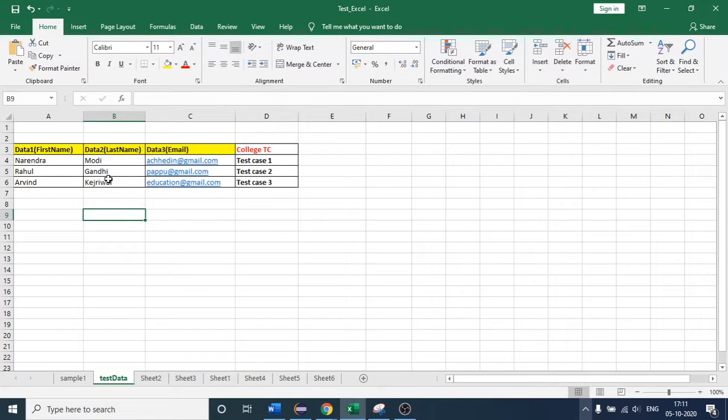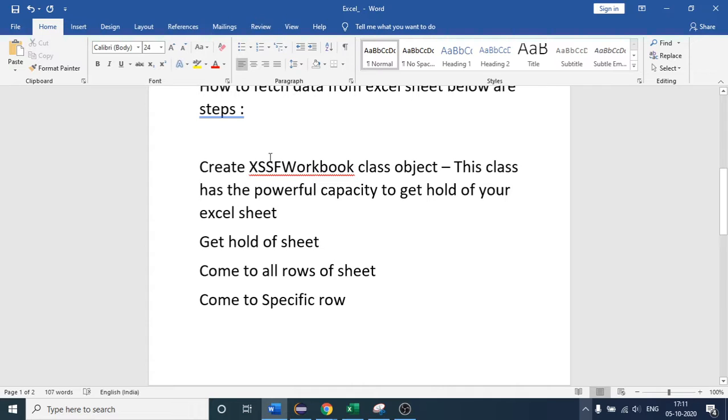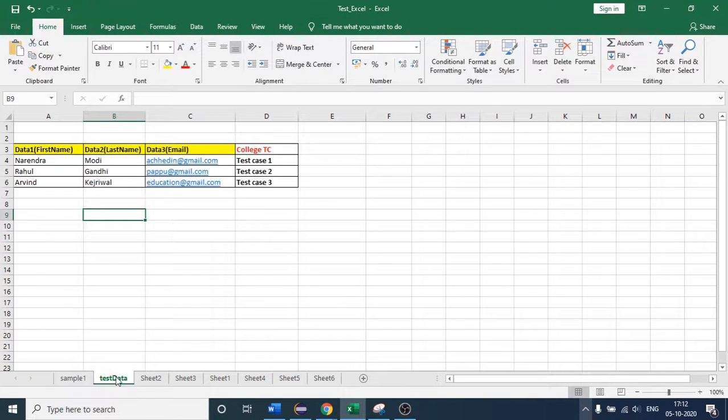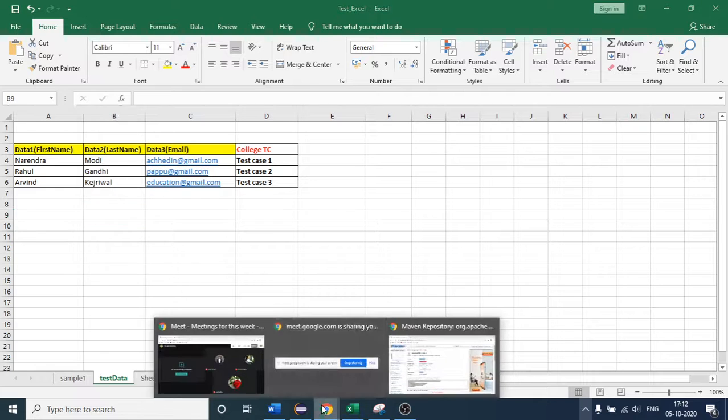First I will create the object of this class. This class has the powerful capacity to get hold of your sheet, and inside this Excel file we are interested in this one. So let us first create the object of the class.